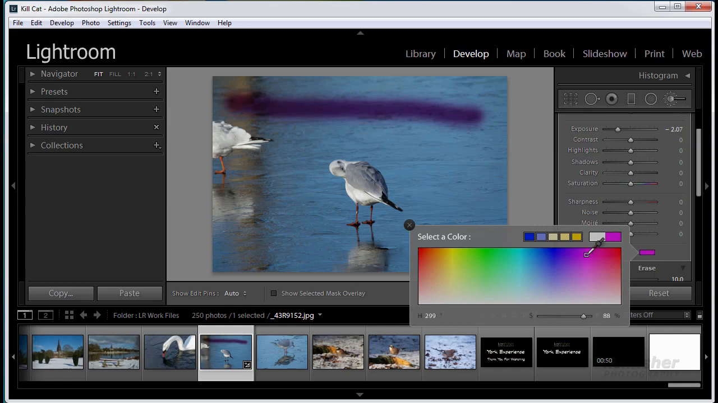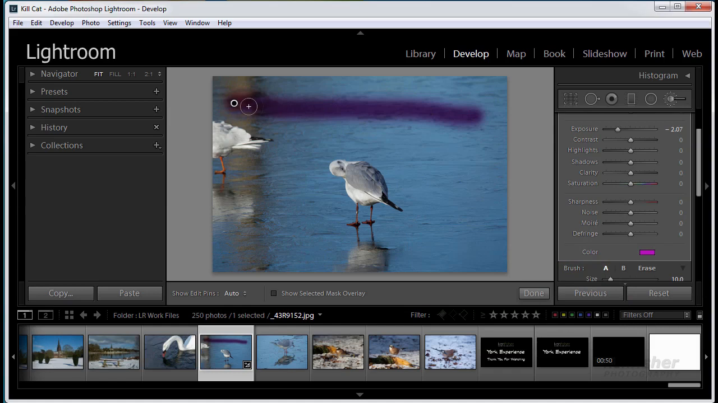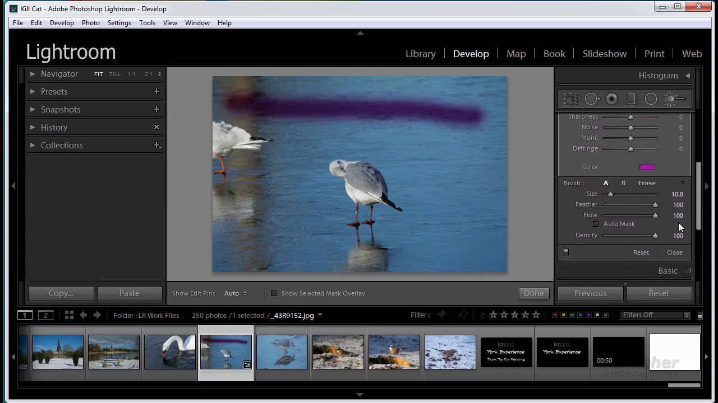So I've just now added to this adjustment, to that -2 exposure, I've added a colour. And you can see that here, that it's now come out to be like a little purpley colour. Now let's set the flow down to say 50%. And if we paint another line,